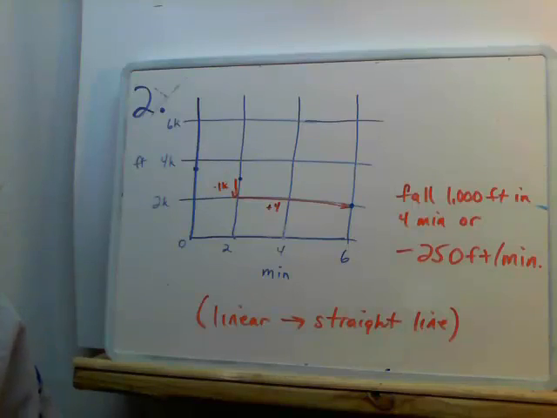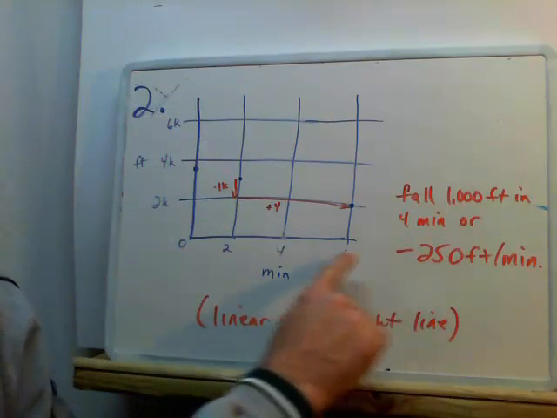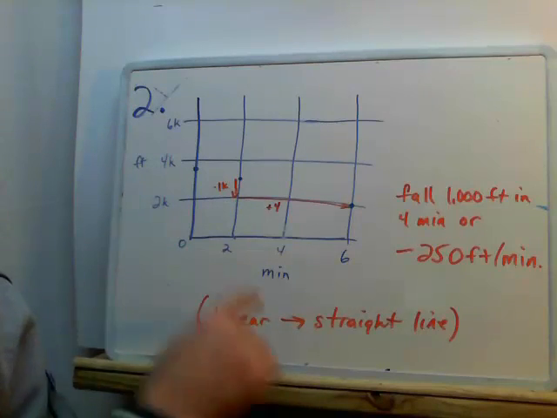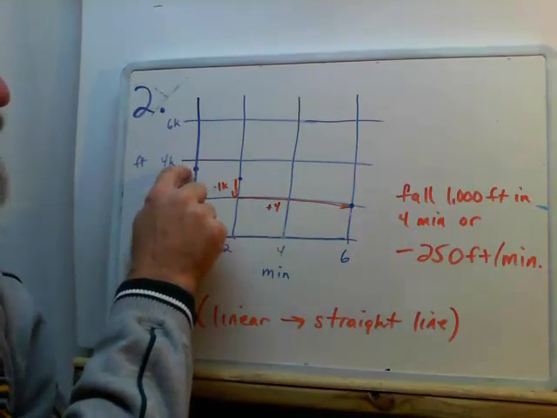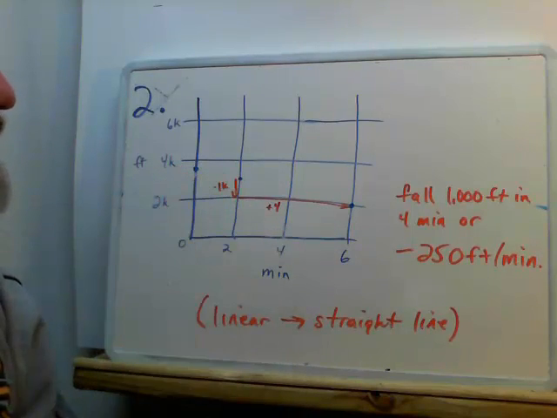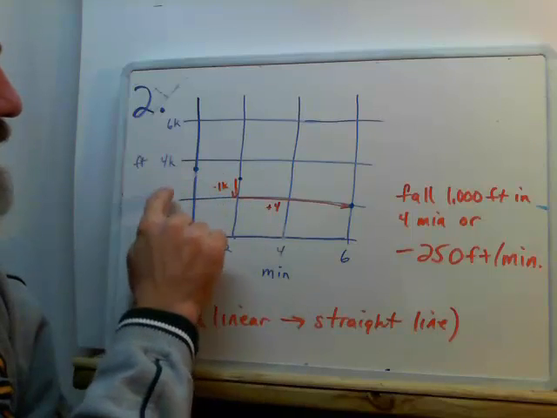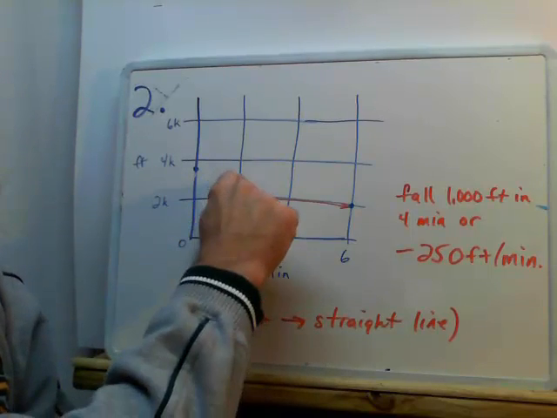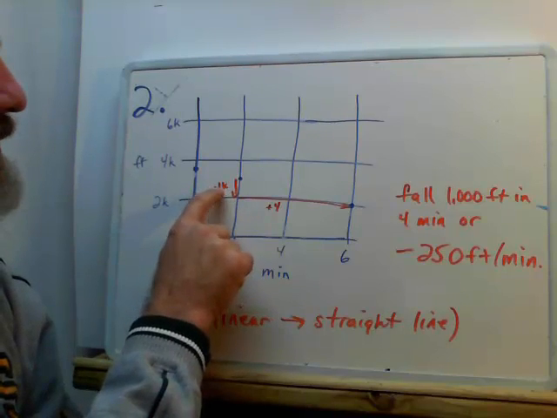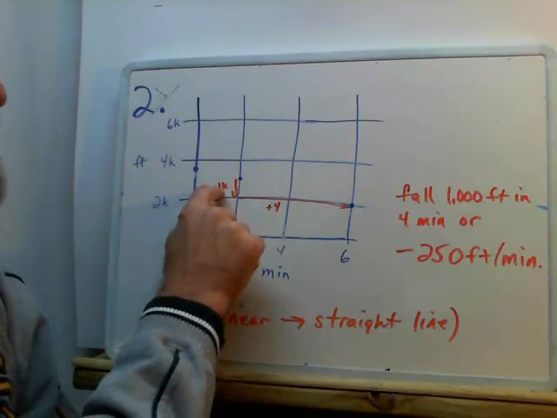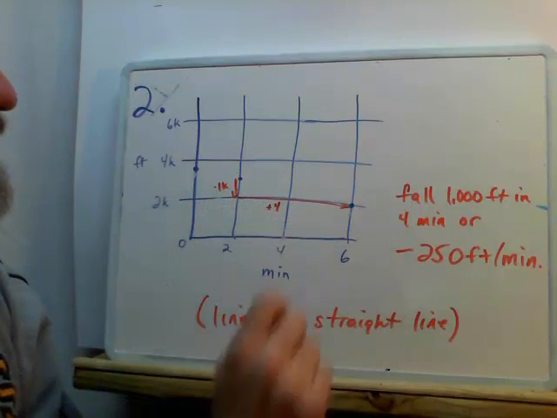Problem number 2. We have feet graphed on the vertical axis and minutes graphed on the horizontal axis. And we have points here, here, and here. Now these points here are not real easy to determine the rate of change, so I chose these here because we can see that this one is clearly on the 3,000 mark, and it drops from 3,000 down to 2,000, or in other words 1K. You should all understand what K stands for. It's 1,000. So it drops 1,000 from here to here,